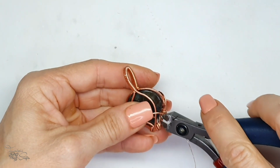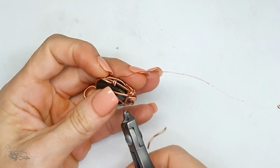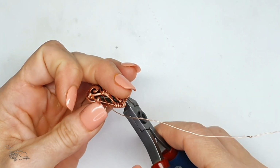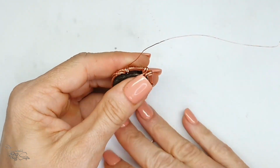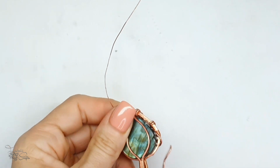So I've attached it to the frame here, and I'm going to trim off that wire. You can use it again for another detail. I've just decided to trim them off because I'm going to add more detail at the top. So these are gone,